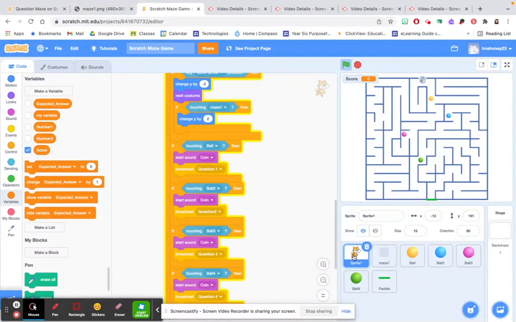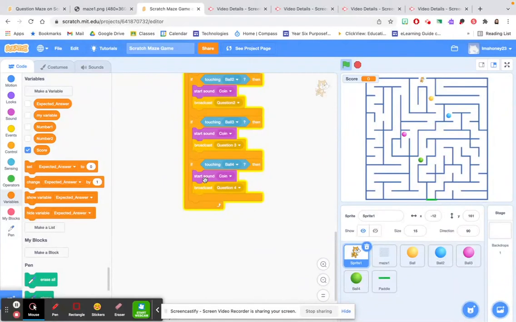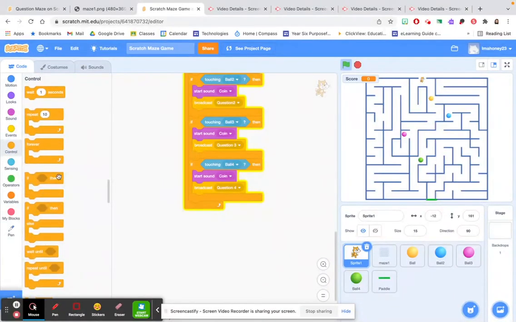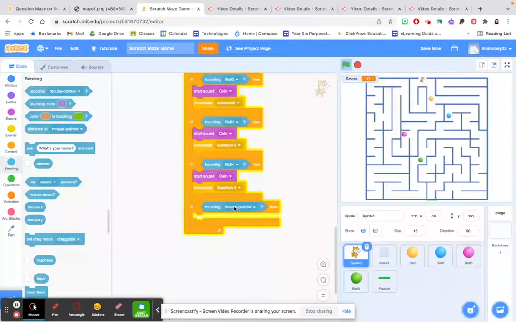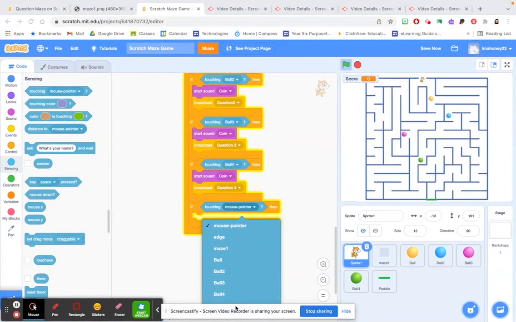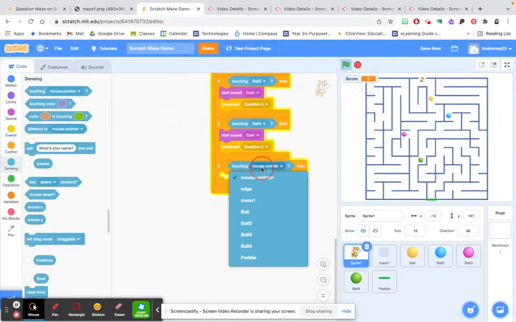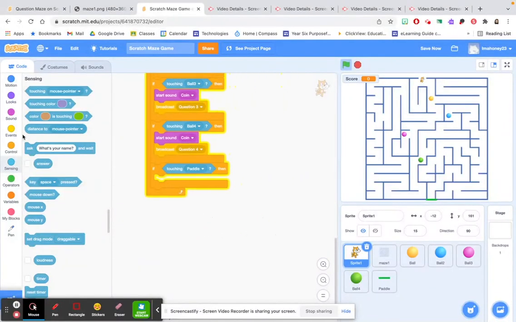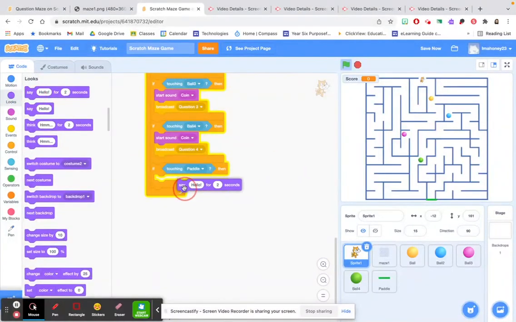I'm going to head over to the main cat, and below all of the if touching ball codes, I'm going to add one for if touching paddle. Sorry, it's just below there. If touching paddle, what do I want it to do? So I'm just going to say, well done, you finished the maze. Press the green flag to, actually I might put that one in a new say block, because otherwise it's going to get a little bit messy. So press the green